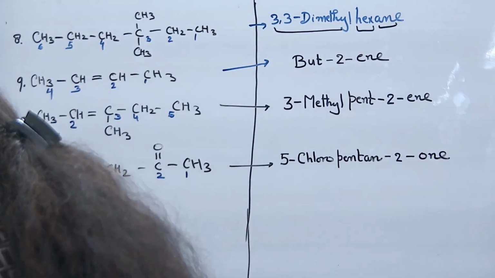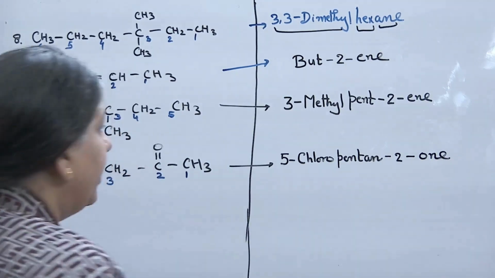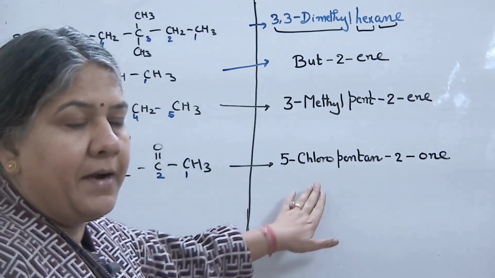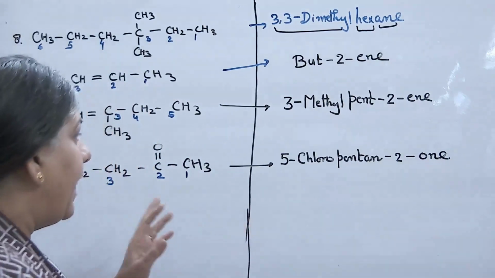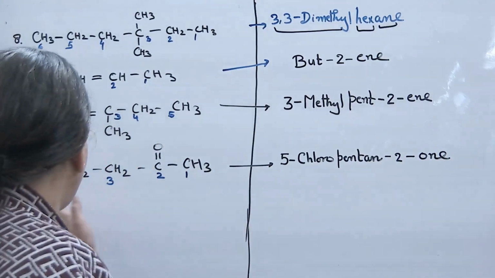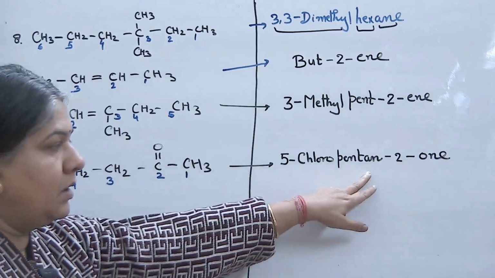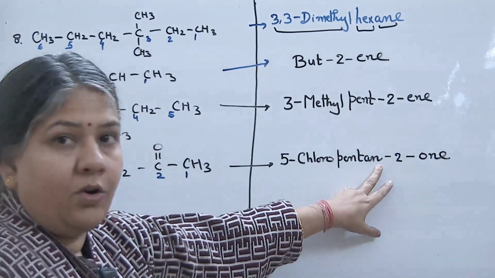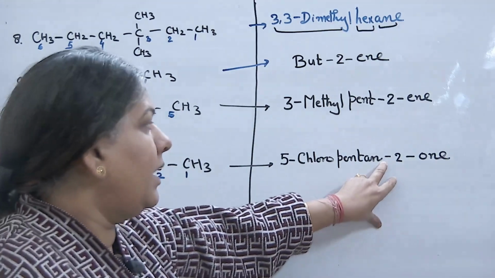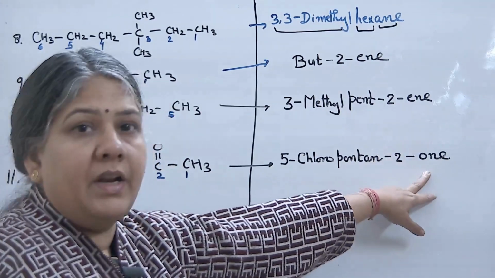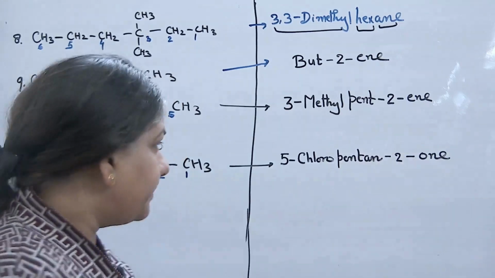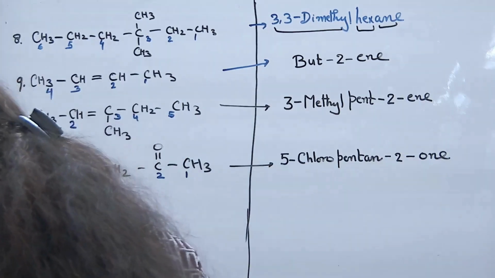So the answer is 5-chloropentane to own. So while writing the name, suffix में पेंटेन आना चाहिए क्योंकि कार्बन कार्बन के बीच में सिंगल बॉन्ड है, बट फंक्शनल ग्रुप भी प्रेजेंट है, तो एन का ई रिमूव होगा. ये भी एक रूल में आता है, ई रिमूव होगा एंड देन वी राइट द सफिक्स. ओके,